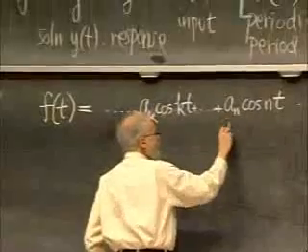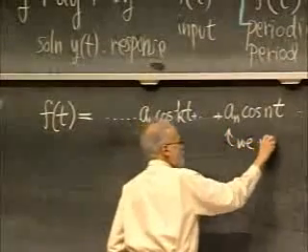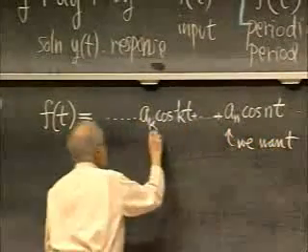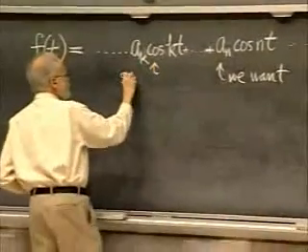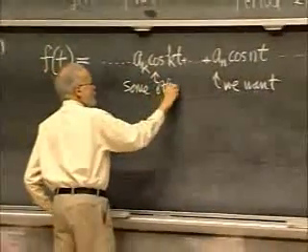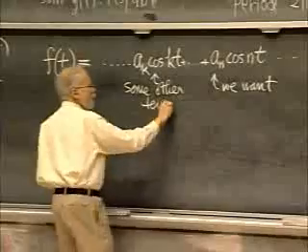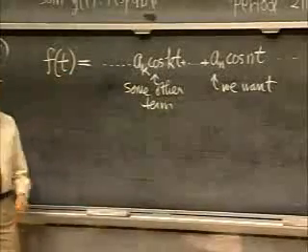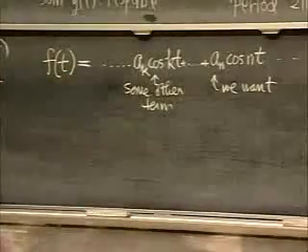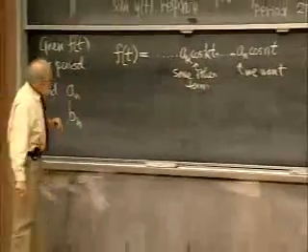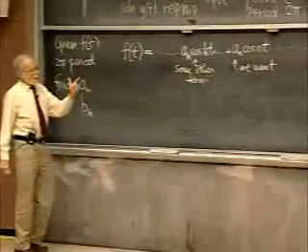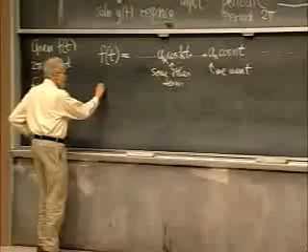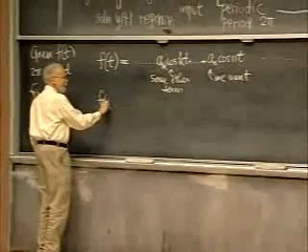This is the an. This is the one we want. And this is some other term. Okay? All right. Now, what you do is, to get the an,